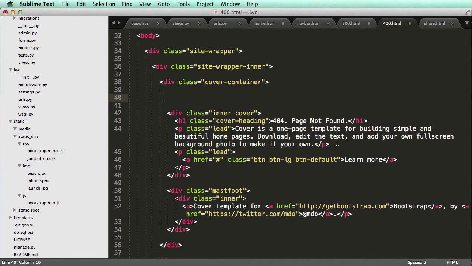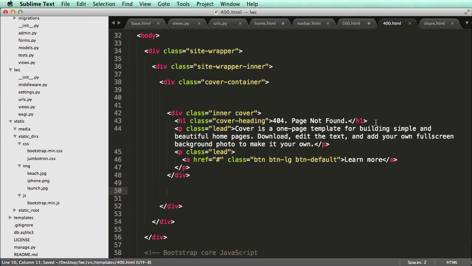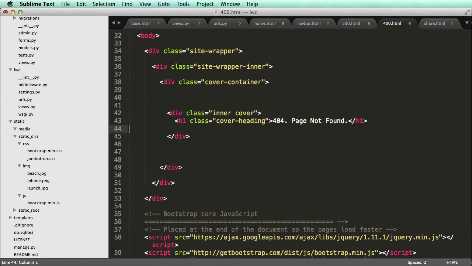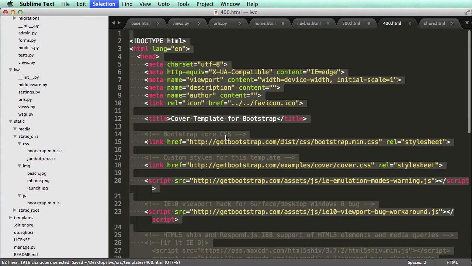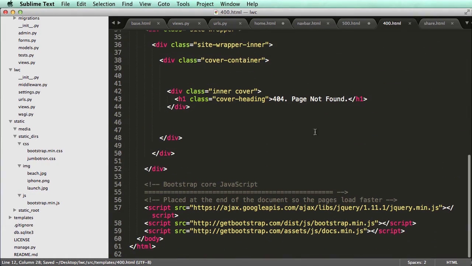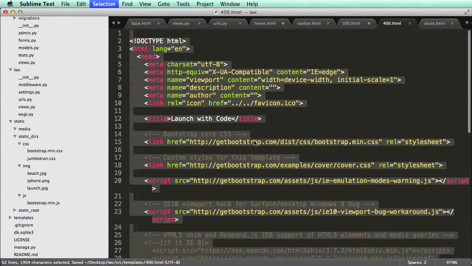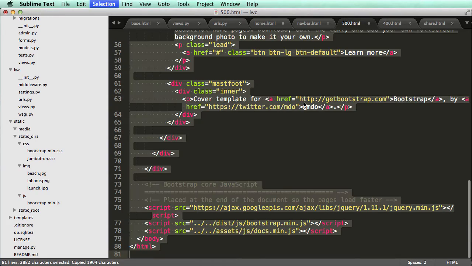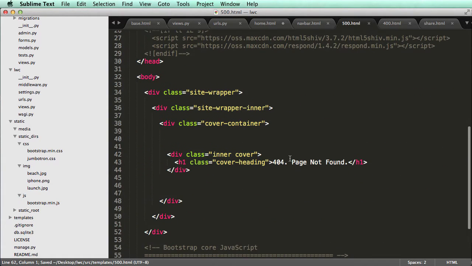All right, and then just get rid of some of this stuff like this one and this. Okay, so there's that. And I'm going to say launch with code. Okay, so I'll let you actually go ahead and change this how you want, but I'm going to do it like that. So paste it in and put it on the